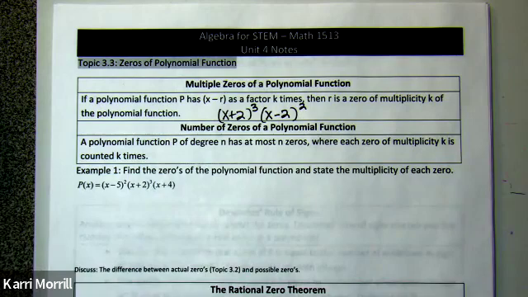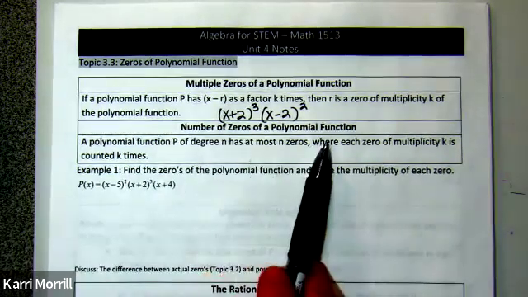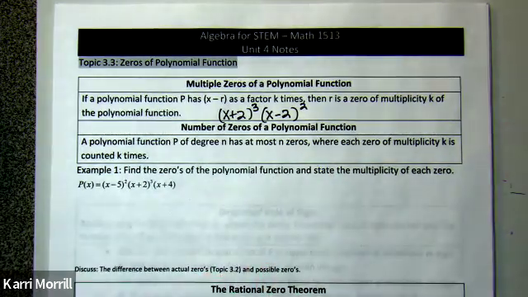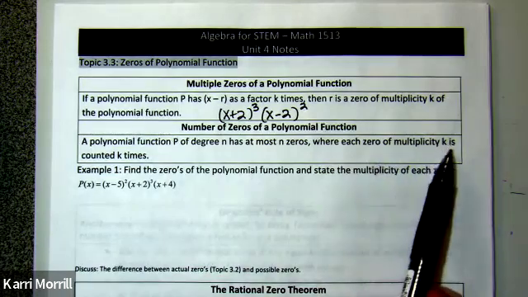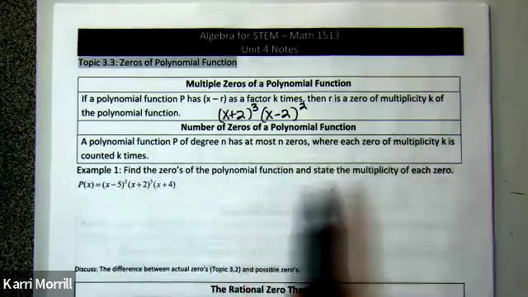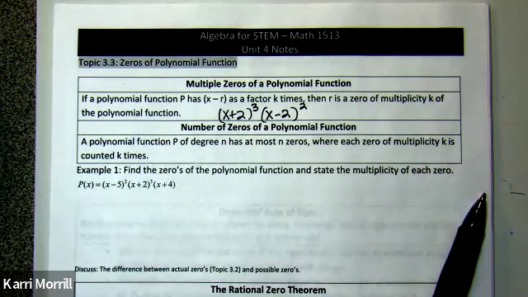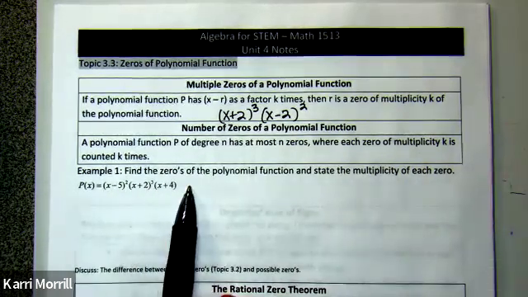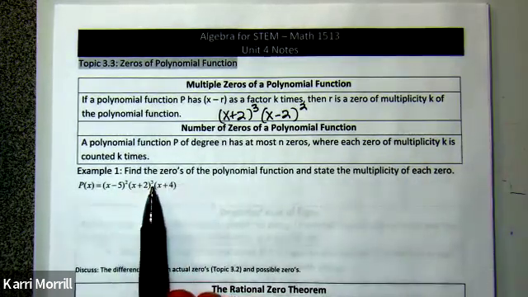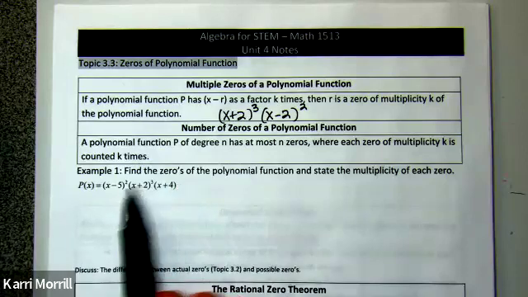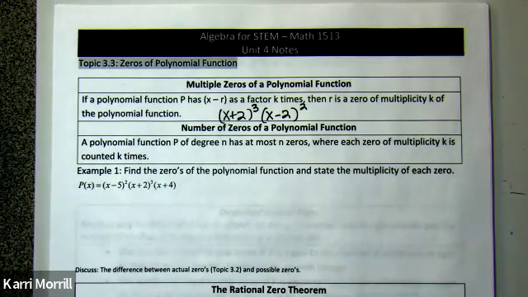And then below that, it says number of zeros of a polynomial function. So a polynomial function has so many zeros where each zero has a multiplicity. All that means is, if you look right here, the total number of zeros this has is 2 plus 3 plus 1, so 6 total zeros. But some of them repeat, okay? And so if we were to find the zeros of this polynomial function, for instance,